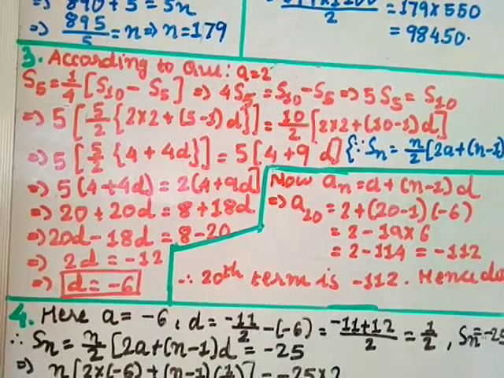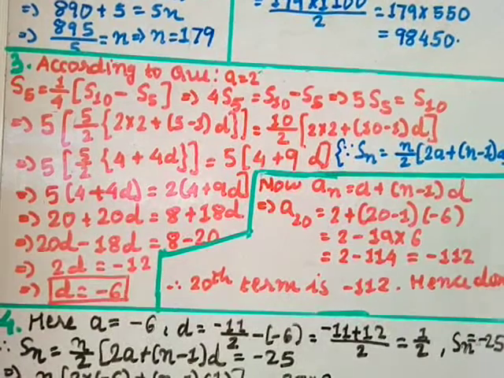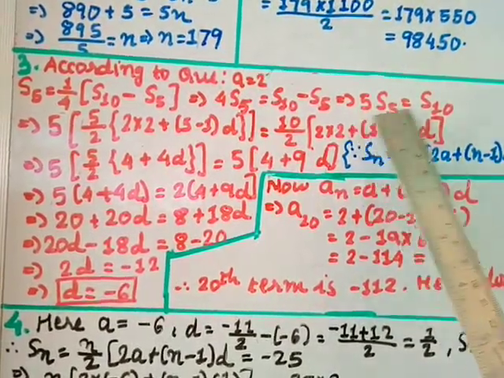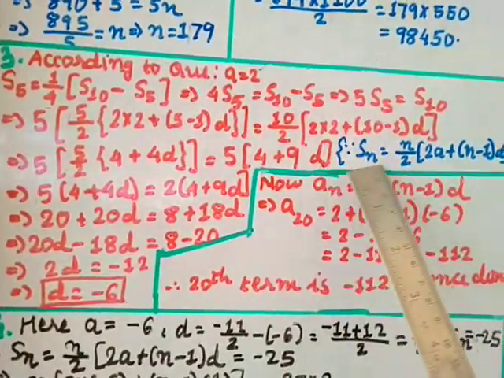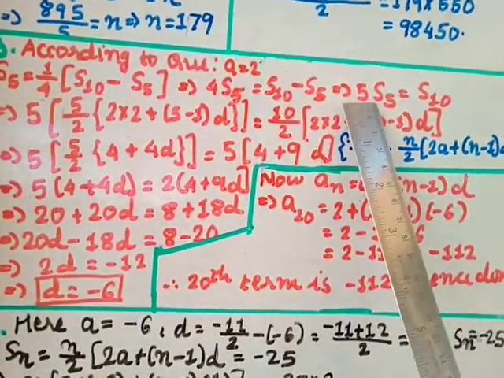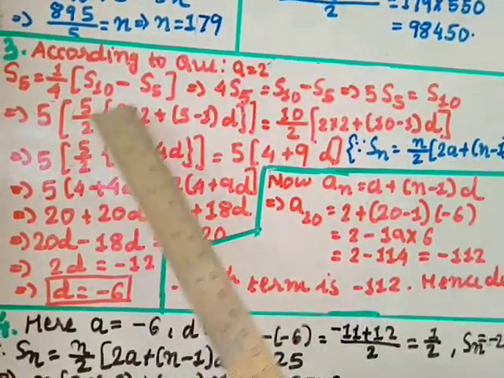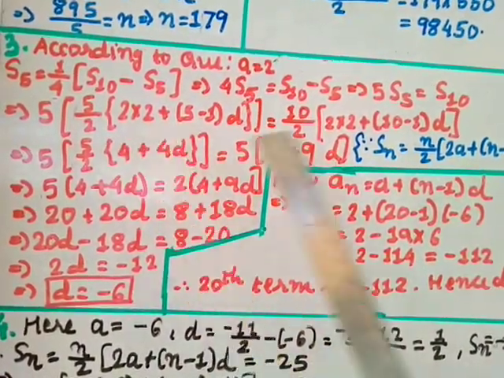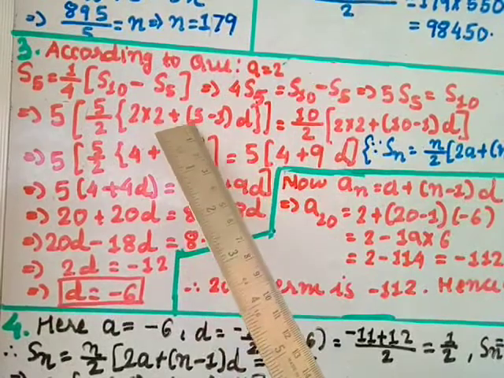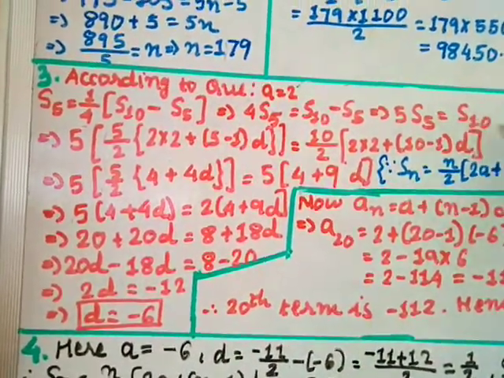Now we'll use the formula Sn = n/2 [2a + (n - 1)d]. So I use the formula for S5 and S10. Here, for S5, I use the formula as 5/2, then 2a, where the value of a is given as 2, plus (n - 1), that is 5 minus 1, into the common difference d, equal to